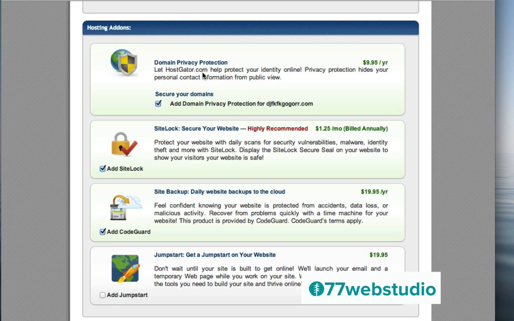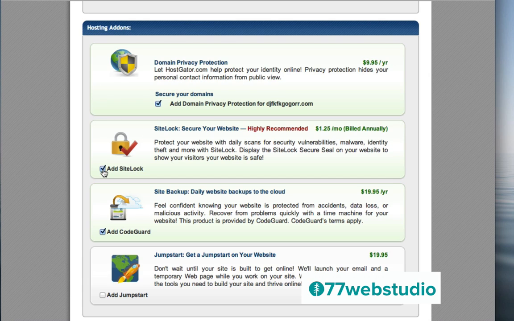The reason why privacy protection is important is because without privacy protection, your order details, which include things like your phone number, your email address, and your address, will be included in the domain database so that anyone on the web will be able to find that information as it pertains to your domain name. So things like, once again, your email address, your address, and your phone number that you use to place the order will be available on the web. I prefer keeping that information protected, so I always choose the privacy protection. Of course, it's up to you, so you can decide what works best for you.